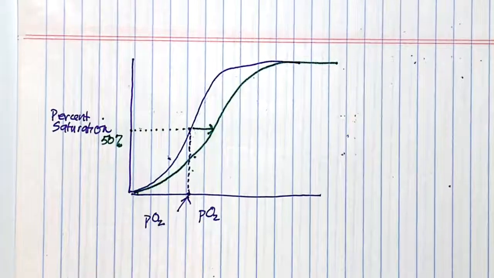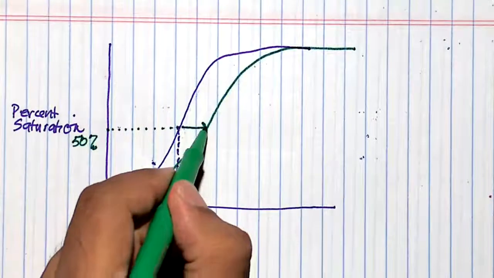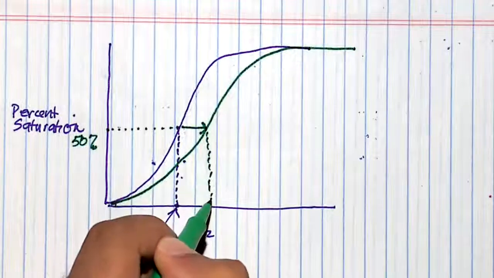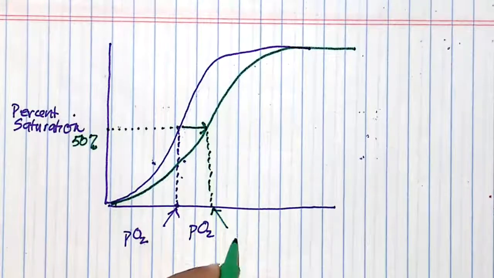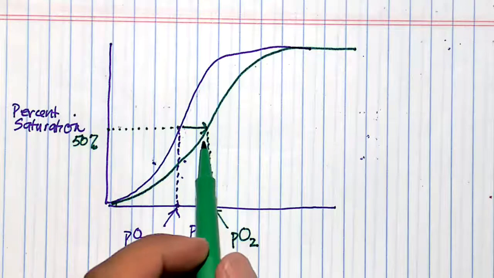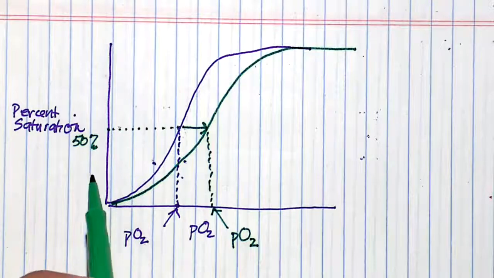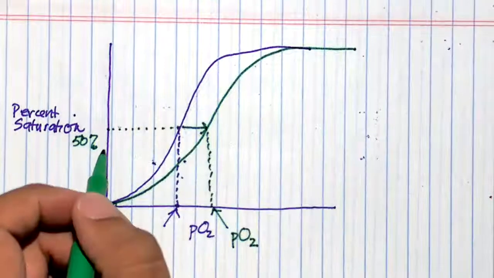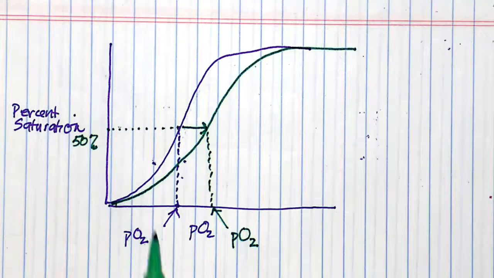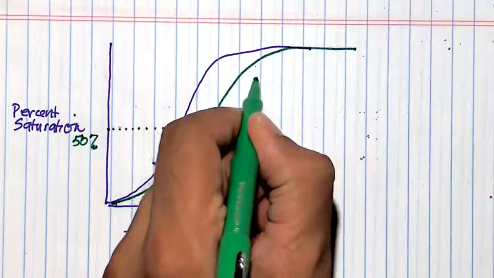Here is that, and then shown in green is 50% oxygen saturation as a result of some allosteric effectors. Okay, so what do these 3 allosteric effectors do? I'm going to illustrate that now. So 50% without anything, okay, the pressure of oxygen is here. Once you add these allosteric effectors that I'm going to